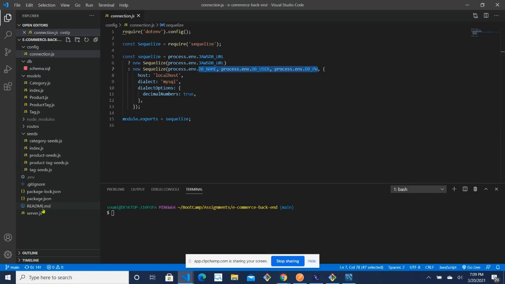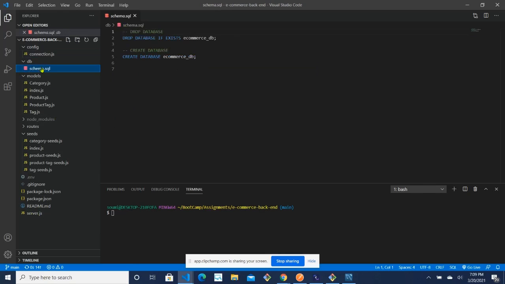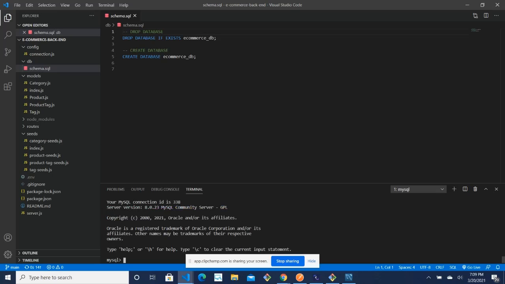Now we will start the server, but before starting the server, we need to quickly create the database and seed the database. For that, we will go to the MySQL terminal. Here we are.